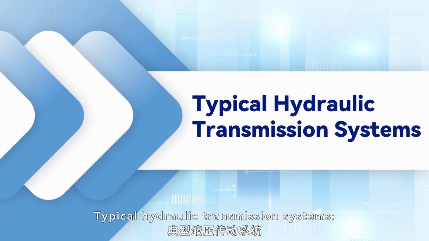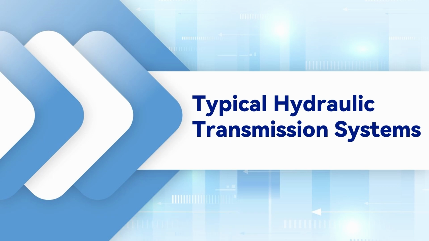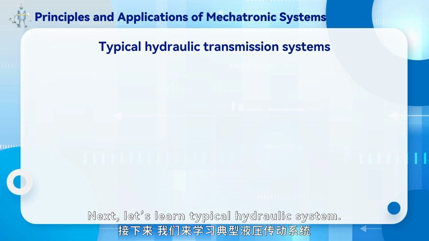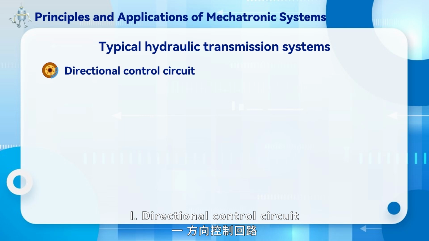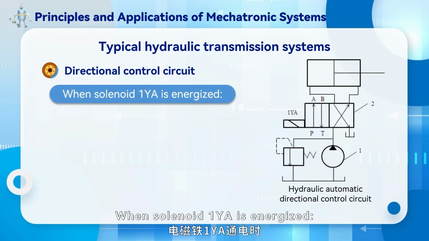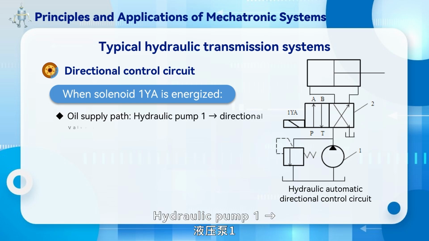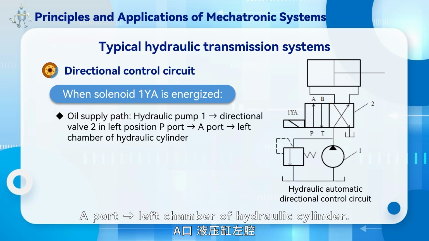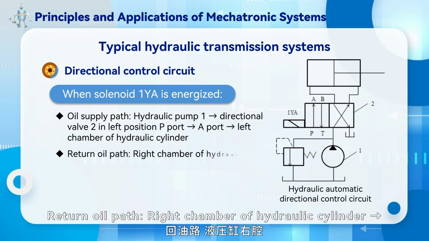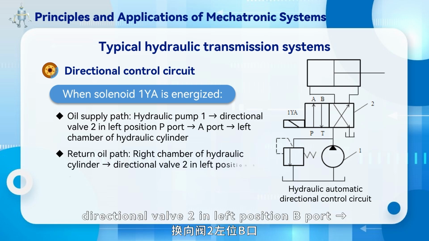Typical hydraulic transmission systems. Next, let's learn typical hydraulic systems. 1. Directional control circuit. When solenoid 1Y is energized, oil supply path: hydraulic pump 1 to directional valve 2 in left position, P port to A port, to left chamber of hydraulic cylinder. Return oil path: right chamber of hydraulic cylinder to directional valve 2 in left position, B port to T port